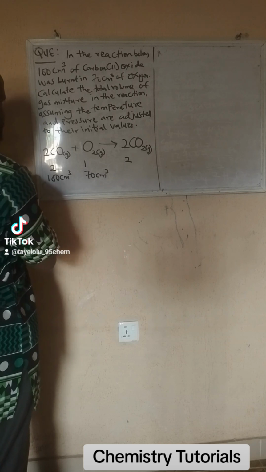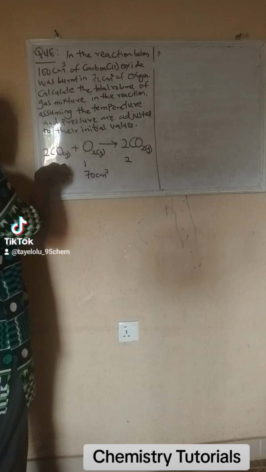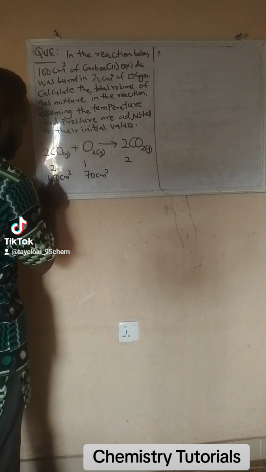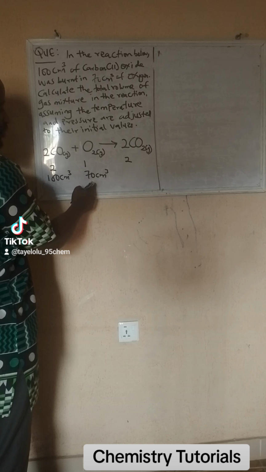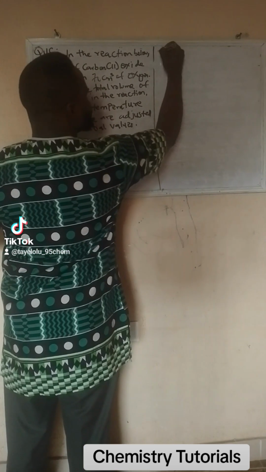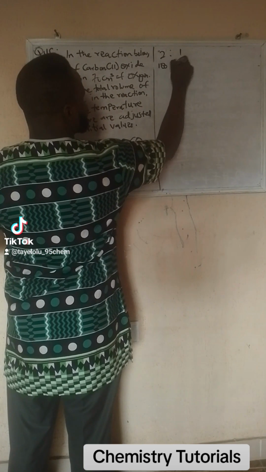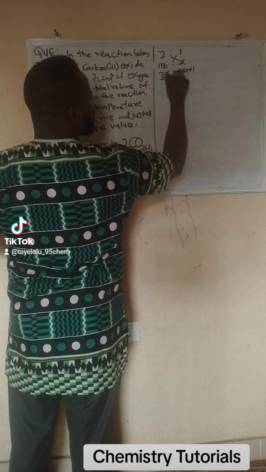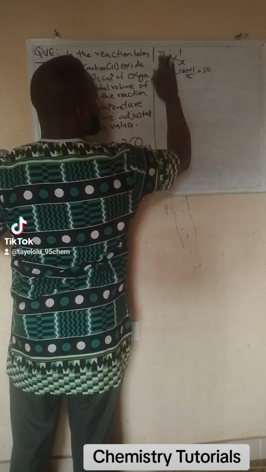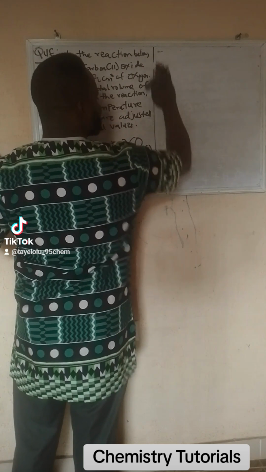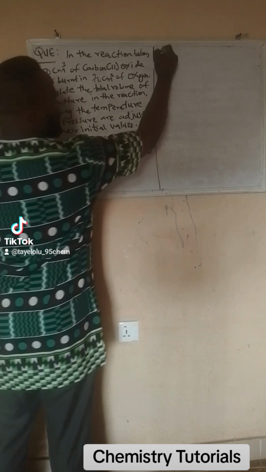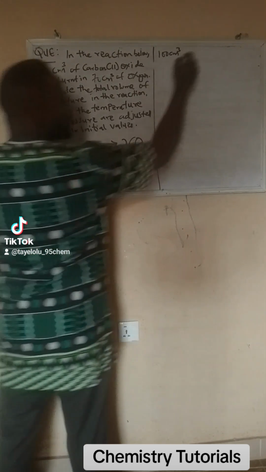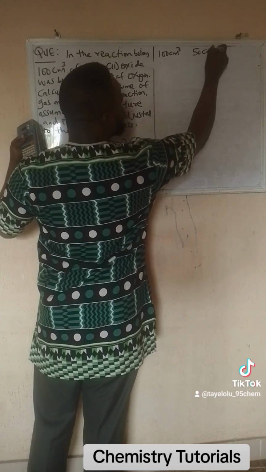During the reaction, because their stoichiometry is 2:1, it means 100 cm³ will require 50 cm³. Right? If you have 2:1 and you have 100 to x, what will be x? You cross multiply. 2x is equal to 100 times 1, and then divide both sides by 2. That will give you 50. So that's how we arrive at 50. It means you have 100 cm³ of CO, that's carbon(II) oxide, would require 50 cm³ of